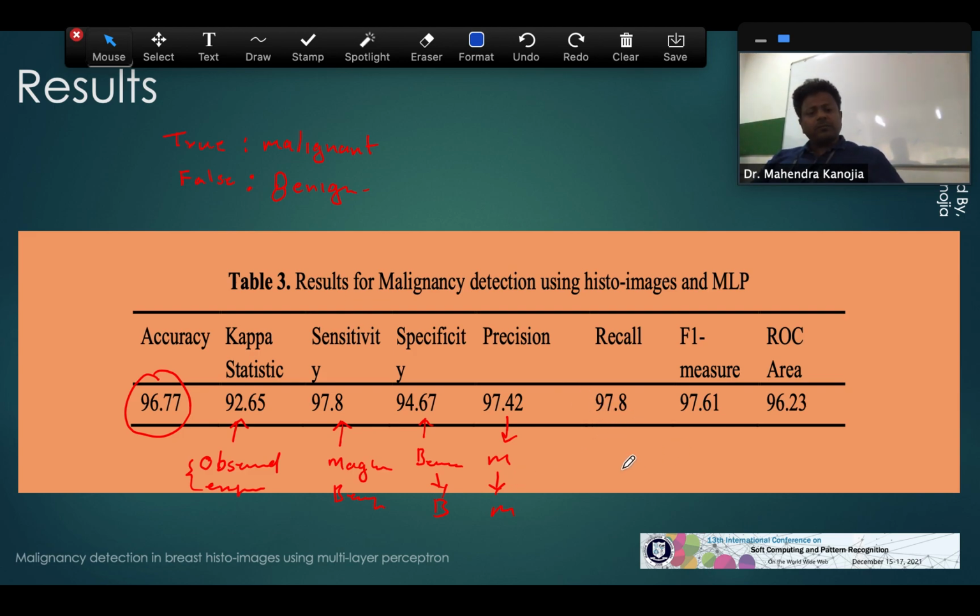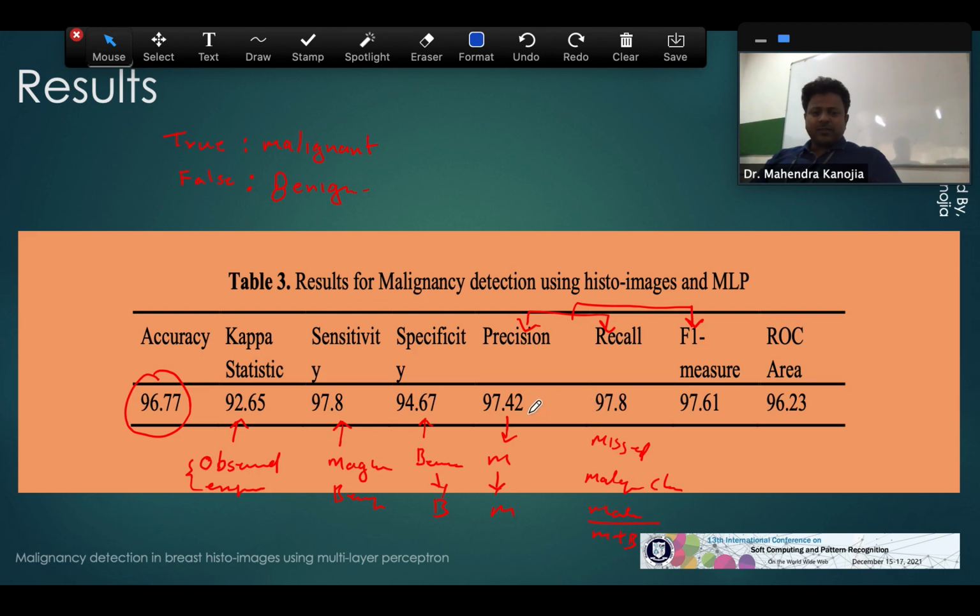Recall is about the missed malignant class. It is basically malignant upon all the samples, malignant samples plus benign samples. So, missed malignant class, recall. Yes, we have a good value over here also. When we talk about precision and recall, the best value which defines both of them together is the F1 score.